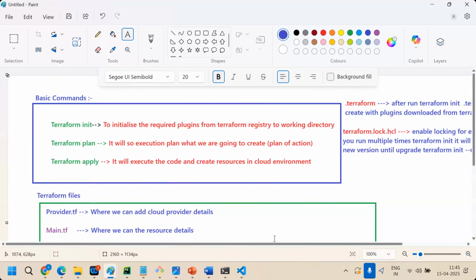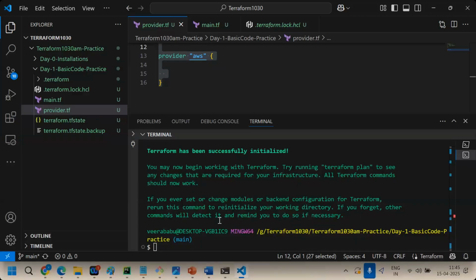Clear now? Any questions? What is .terraform? What is lock.hcl? No questions, right? Okay.